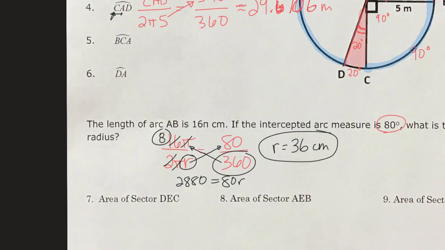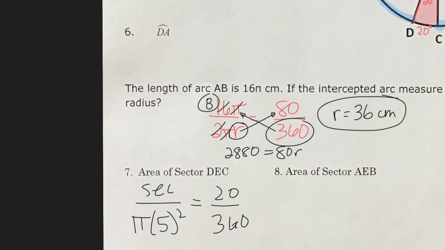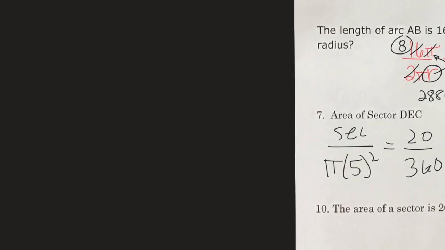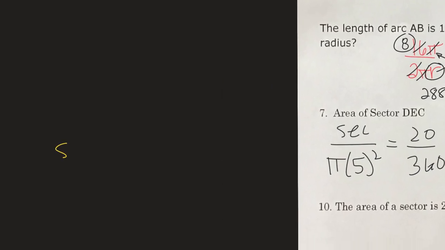So area of the sector over pi r squared equals 20 over 360. Or if we were going to use our radian formula, area of the sector equals 1/2 5 squared